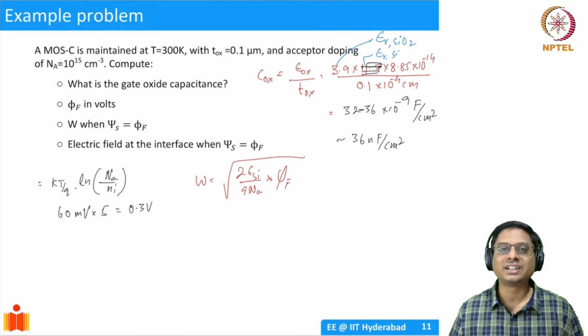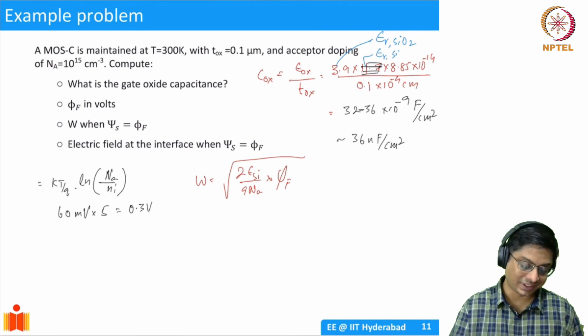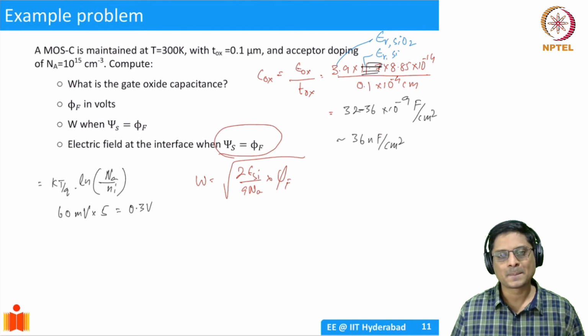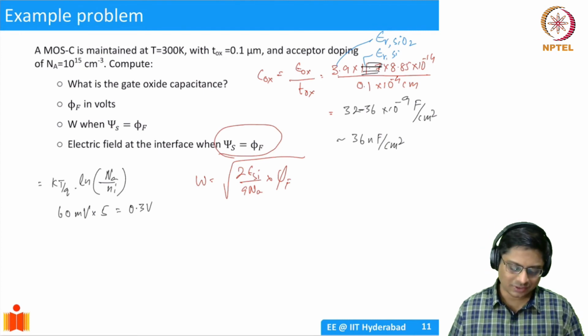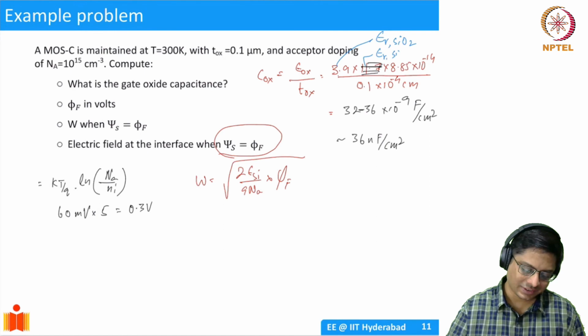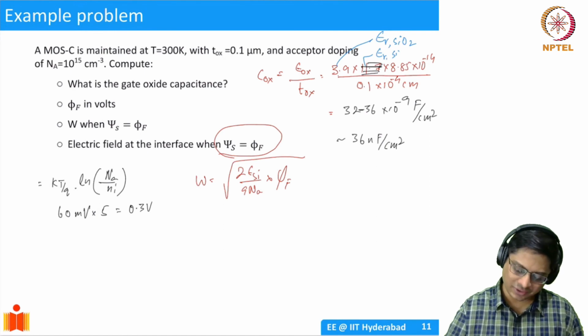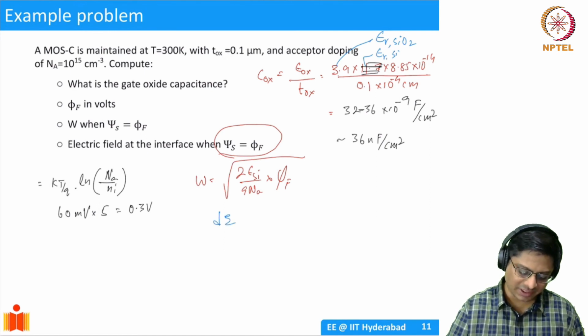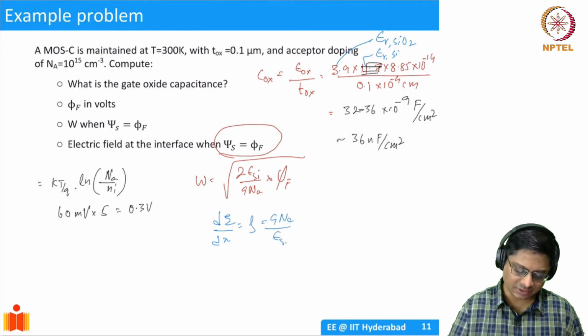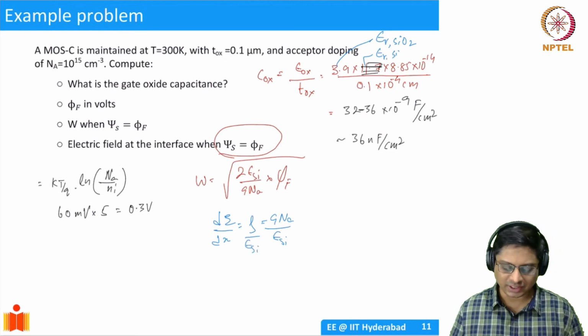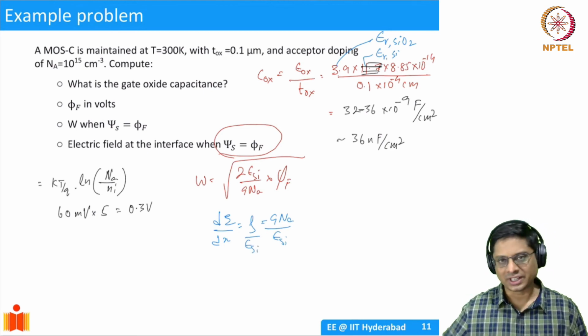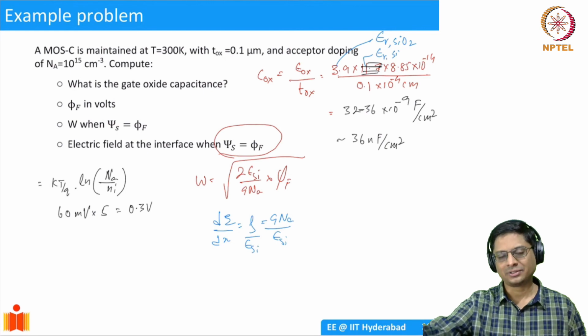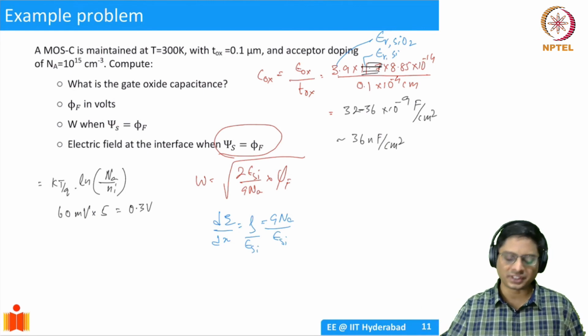What is the electric field at the interface? This is important. This is interesting, right? How will you calculate the electric field? Remember electrostatics always. If you don't remember the expression, no worries. dE by dx equal to rho. In this case, this should be equal to Q Na by epsilon silicon. Integrate it. You should get a straight line. We know that in the bulk it goes to 0. At the surface it will be the peak.